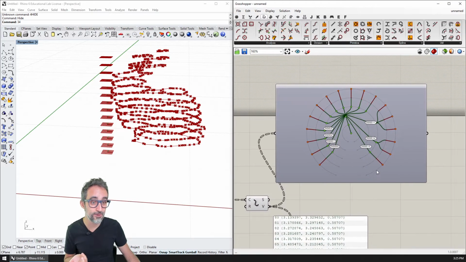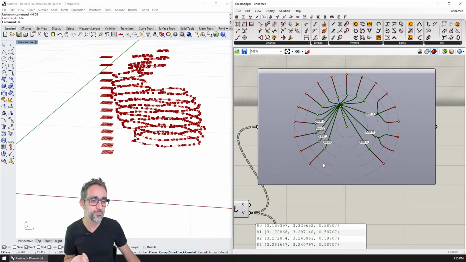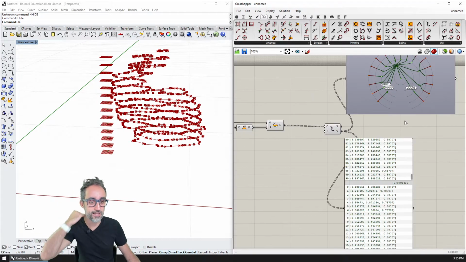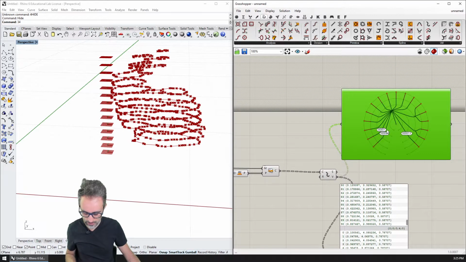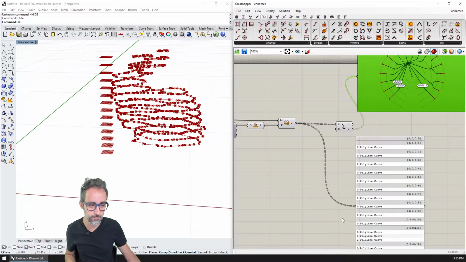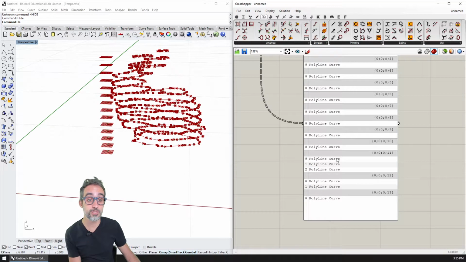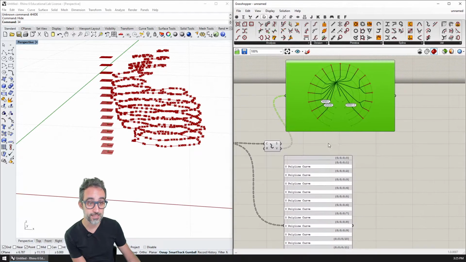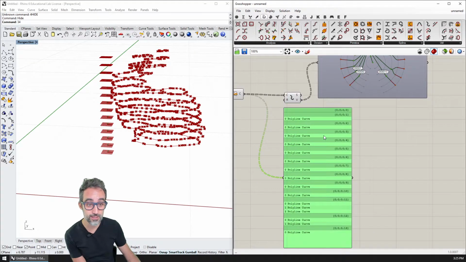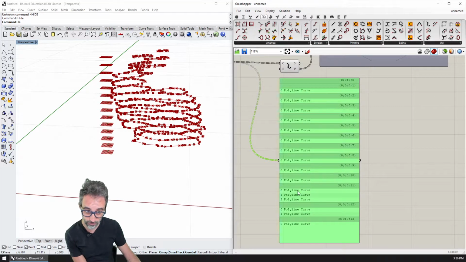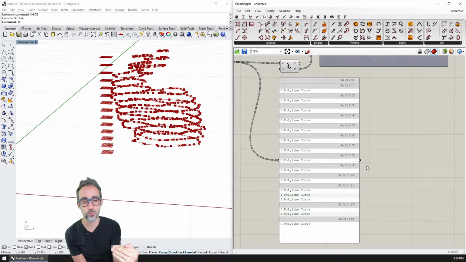Now, what's interesting is that this tree looks kind of weird, because I had the original tree, the big trunk, but now this branch has branched in 3 ways, this one has branched in 2 branches, and this one has branched in another sub branch. Why is that? That is because the tree that I had before, if you remember, had some branches with 3 curves or 2 curves. So what has happened here is that Grasshopper has taken, for each polyline, and created a new